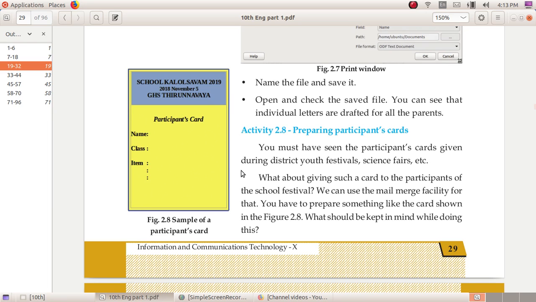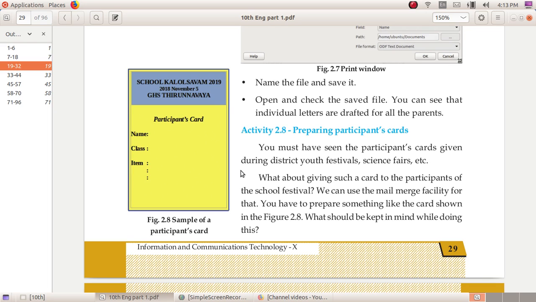In a participant card, there is the name, class, and items of the student, then the school name, the program, such as school kalotsavam or science fair, and the year of that program.